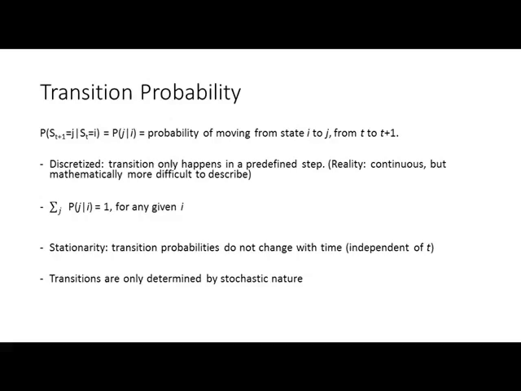And another observation we can make here is that for a Markov chain, transitions are only determined by the stochastic nature of the system. Because here, do you see any intervention or management? No, we do not see any action or intervention or management. So this is how the system works without any human intervention. And this is a very basic introduction of the Markov chain, which is the building foundation of the Markov decision process.